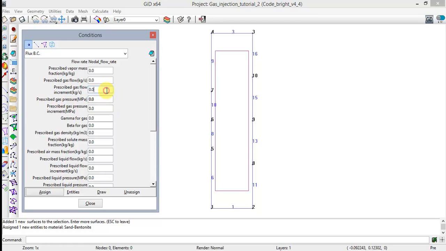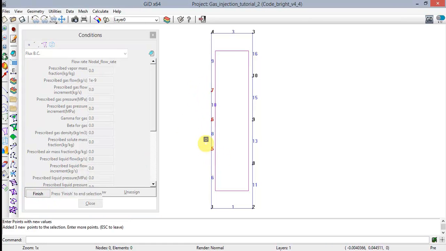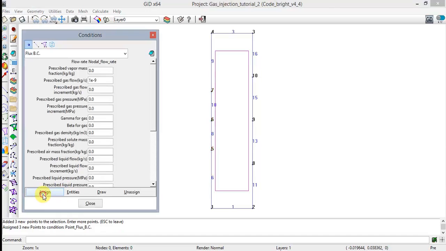So we're going to enter this condition and assign it over the points 5, 6 and 7. We select these mentioned points, click finish, and now for the flow output we are going to